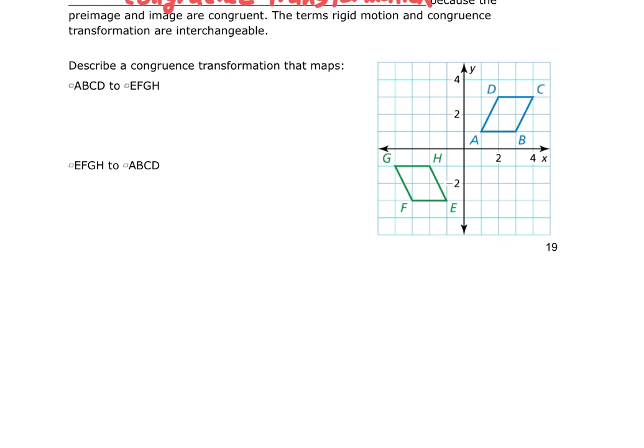Okay? So what I think would probably be the easiest here, just to keep it the same, is let's move it and get it ready to reflect. So this is going to become A prime. This is going to become D prime. This is going to become C prime. And this is going to become B prime. So my first movement here